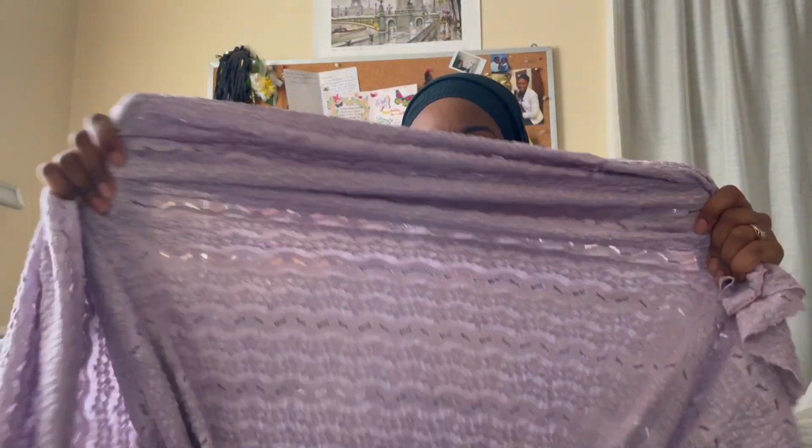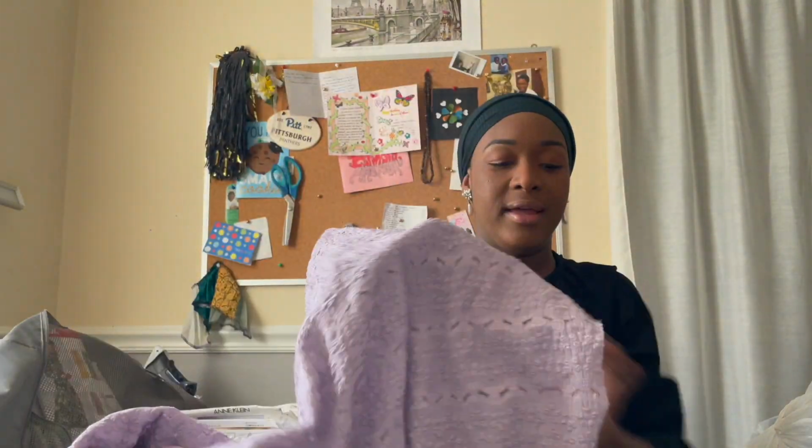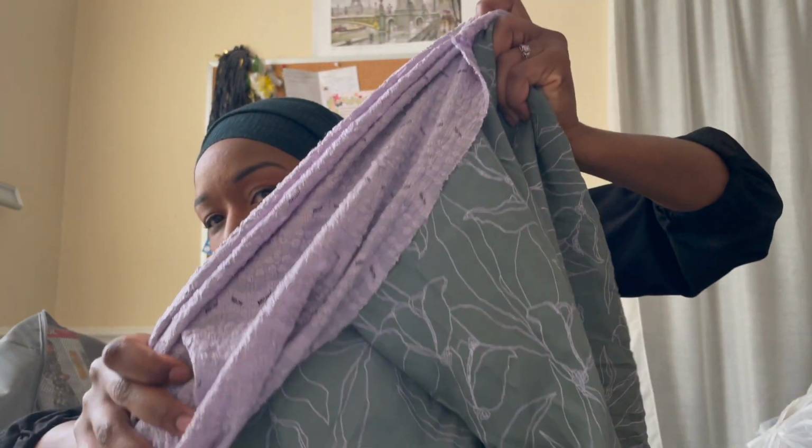Now, I love this. And I sort of love them together because it picks up that lilac. It brings it to the forefront. I know what I'm gonna do with it. I'm sorry. I've just been all over the place. I'm gonna give